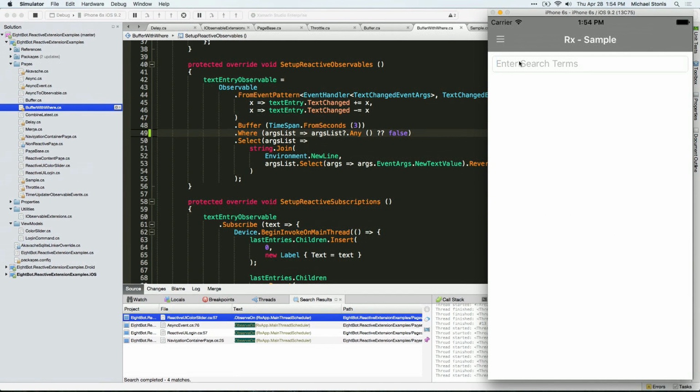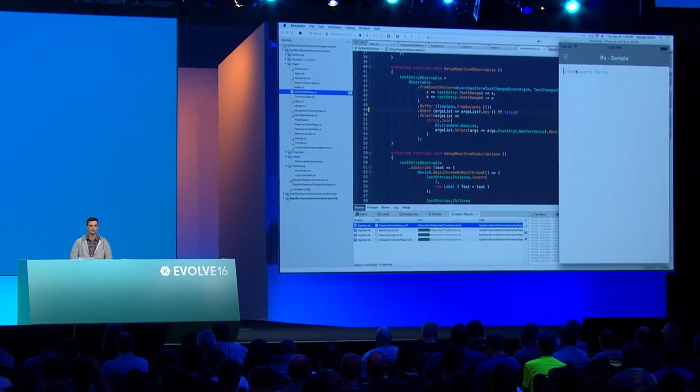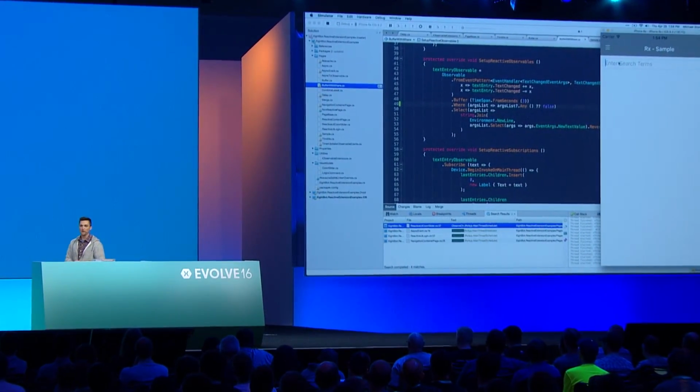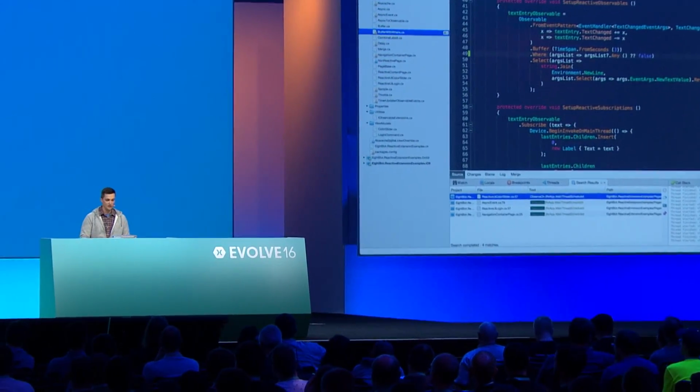All right, so sampling. How many people here have had to create a typeahead listener? Kind of like what's out there on Google, an autocomplete listener. How many people enjoyed writing that? How many people got it right their first time? No hands, one hand. We got some pros out here. So what if we wanted to create our own typeahead listener? We want to do something to say, search for